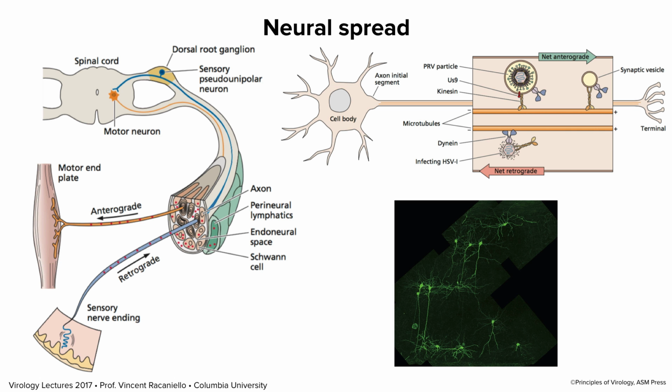We've talked a lot about virus spreading through the lymph and the blood. There are other ways that viruses can spread, and one of them is neural spread. And that's illustrated on this slide. So here on the left is a diagram of both sensory and motor nerve endings. So of course, these are wired back into the spinal cord. So viruses can enter motor muscle nerve endings or sensory nerve endings and travel up the muscle fibers all the way into the spinal cord.